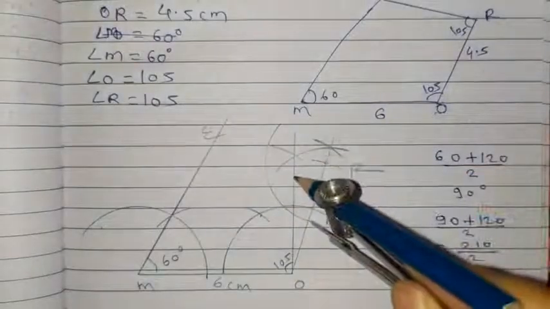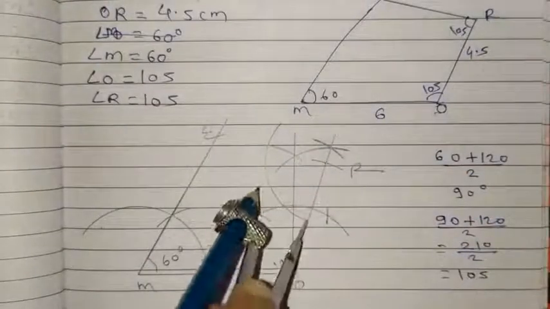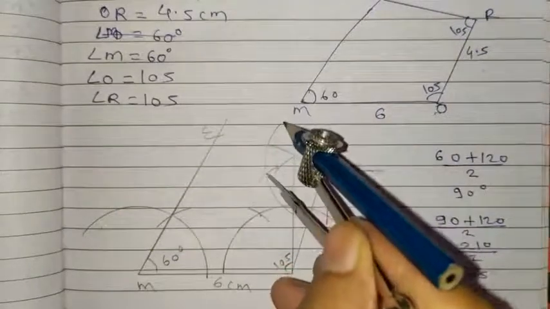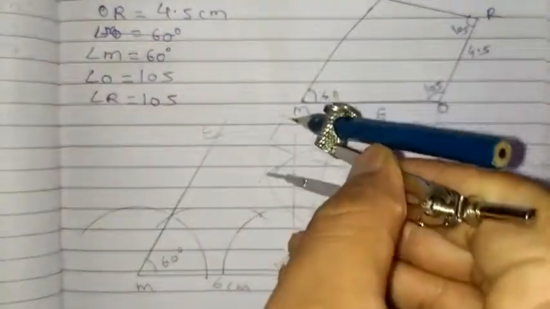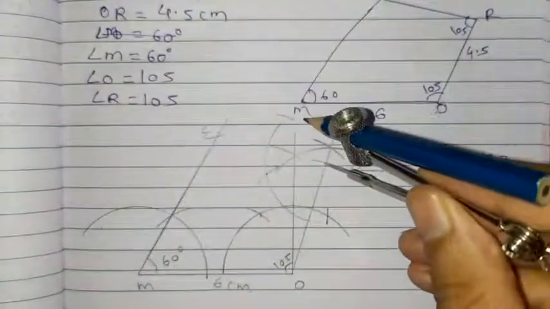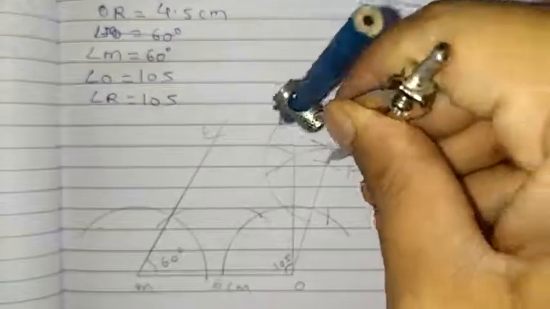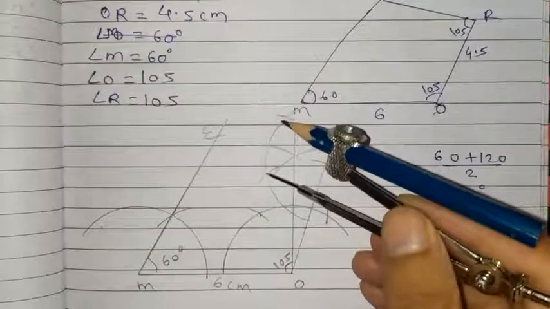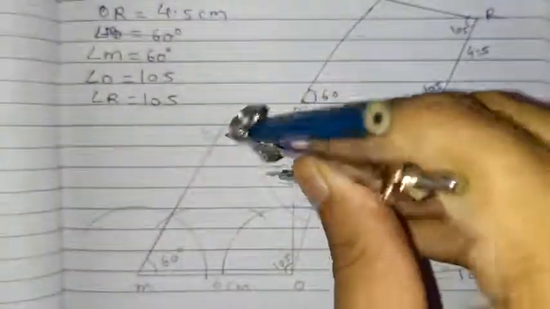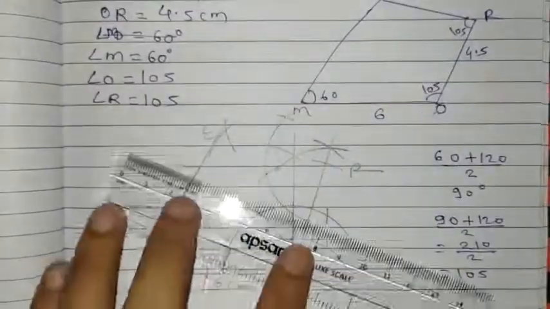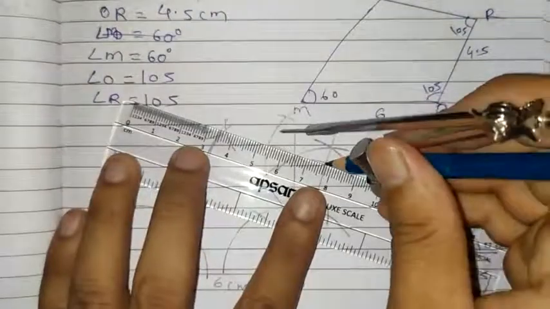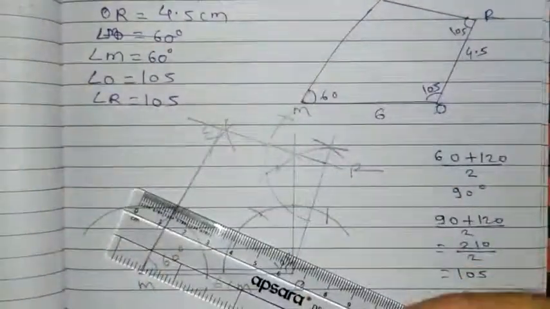So now you keep the point here. So that first cut is 60, second cut is 120. Here that arc was shorter, I have to increase. So this is 120 and this is 60. So first you have to do 90, and take the pointer here. So this is 90. So you have to draw this line first, which will indicate 90, so that we will get the 105 angle.